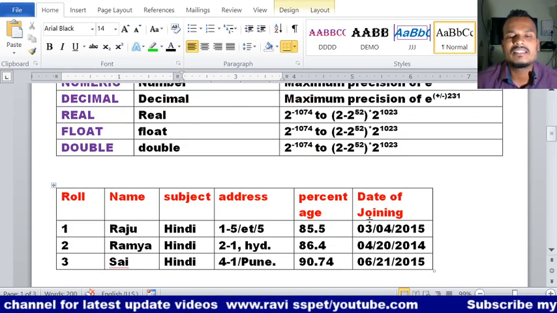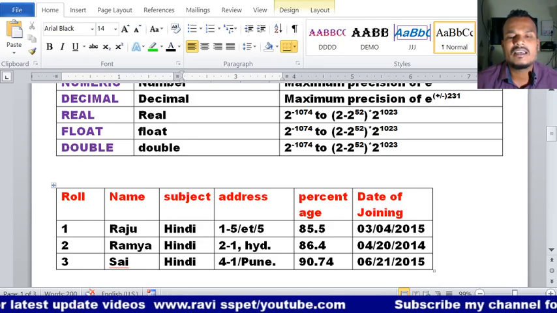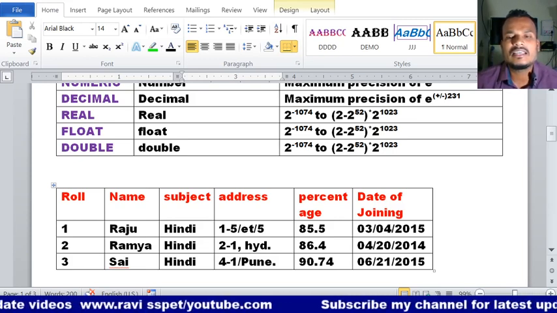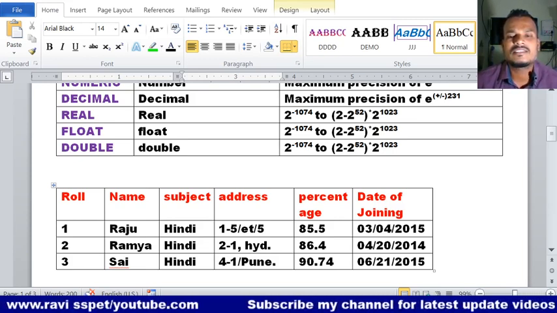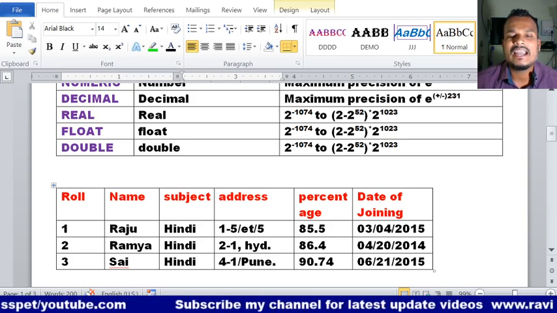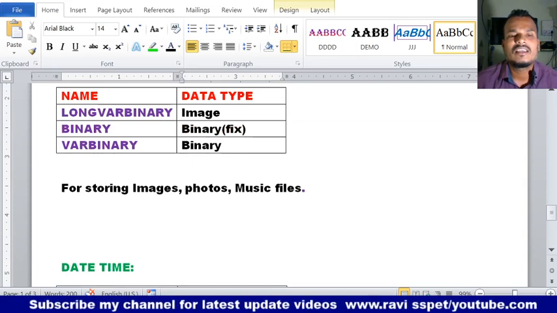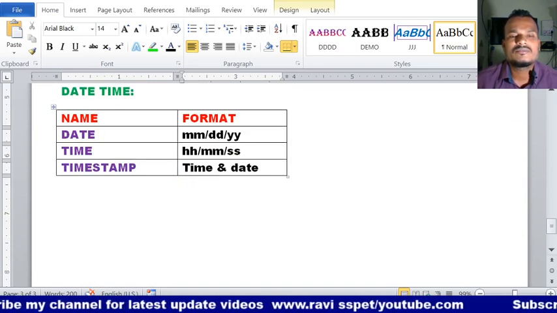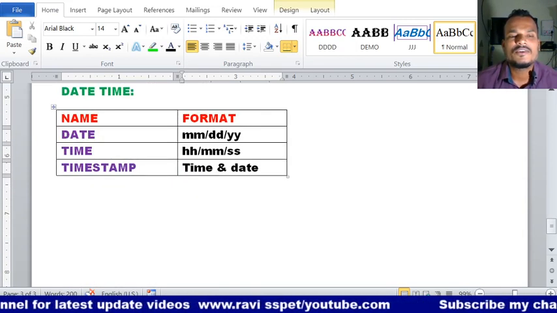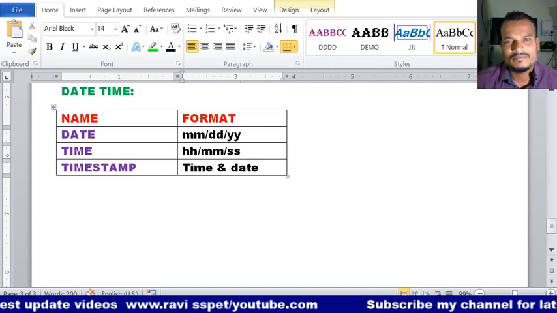That means this is the month, this is the day, and this is the year. In this format the date data type is used. Whenever we want time and date together, we have to go for timestamp.